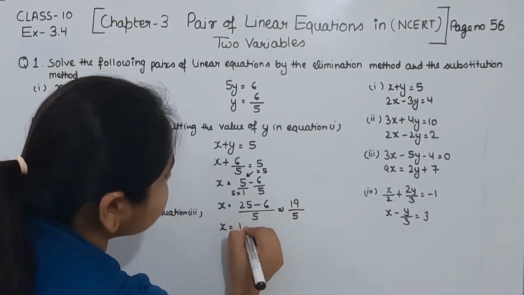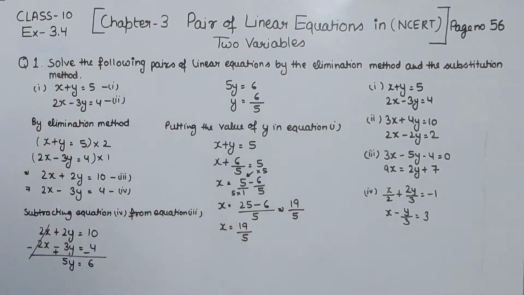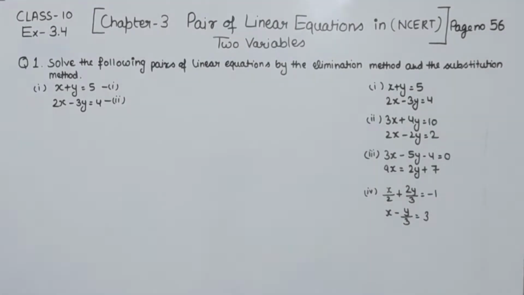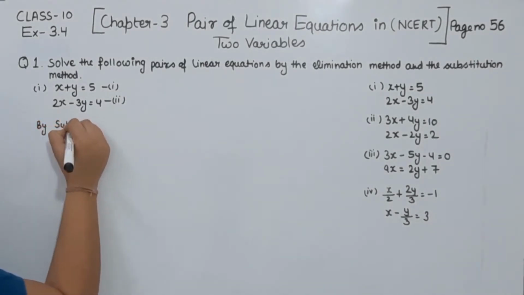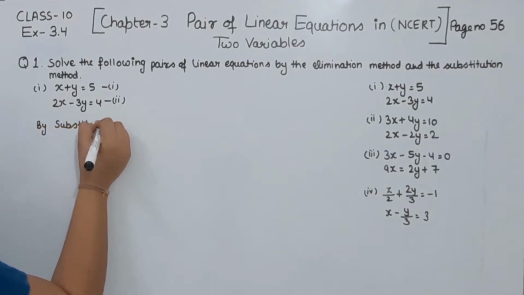The value of x is 19 by 5, and the value of y is 6 by 5. So this is part 1 with the elimination method. Now we are going to solve this with the substitution method. So we are going to write here: substitution